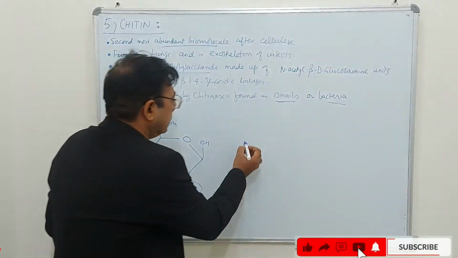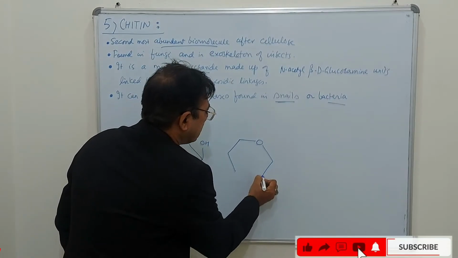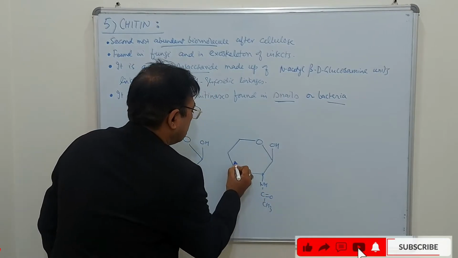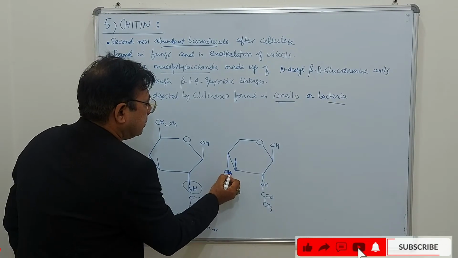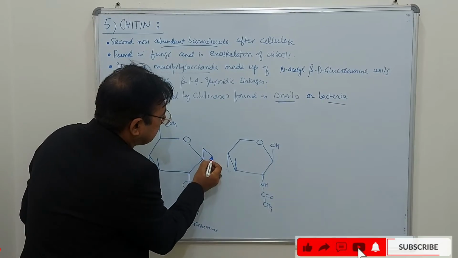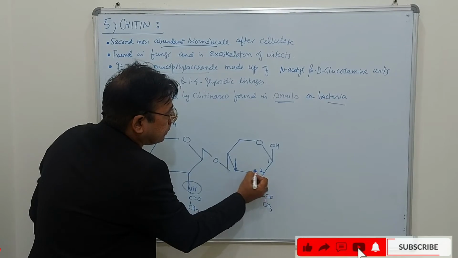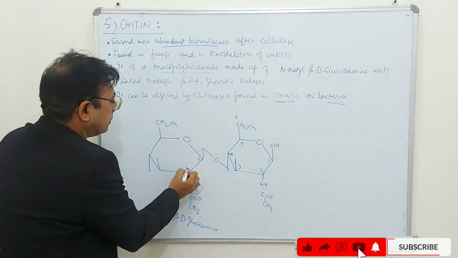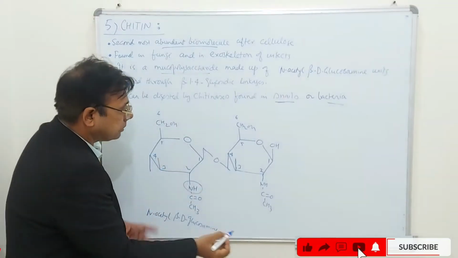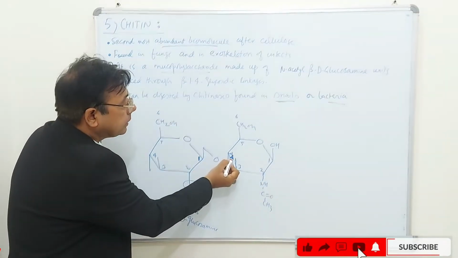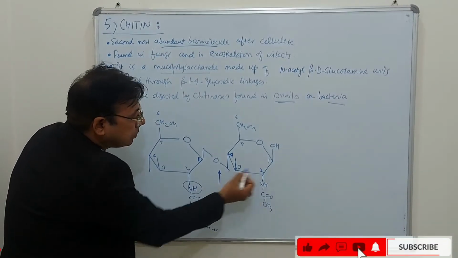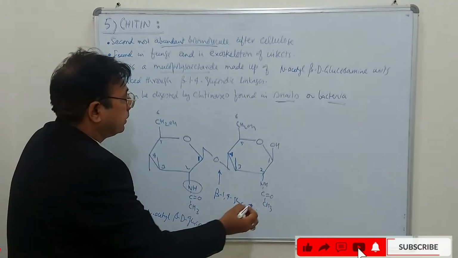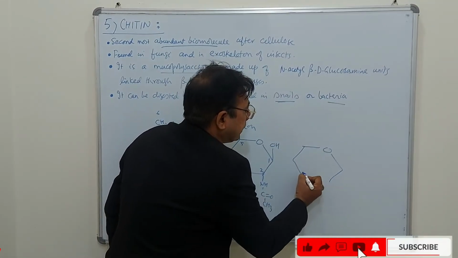Now, in order to make chitin, what you have to do? You have to make these molecules. For example, OH, NH, and you see here you will have OH, and once you will make a bond between this, then this will look like this. So when you number the carbon atom, this is 1, 2, 3, 4, 5, and this is position 6. Here are 1, 2, 3, 4, 5, 6. So here, students, you see that this is carbon 1 of this molecule and this carbon 4 of this molecule, and the bond you get is, because both are beta glucose derivative, so the bond is beta 1,4 glycosidic. Now you go on adding these molecules in this fashion, and the polymer that you will get